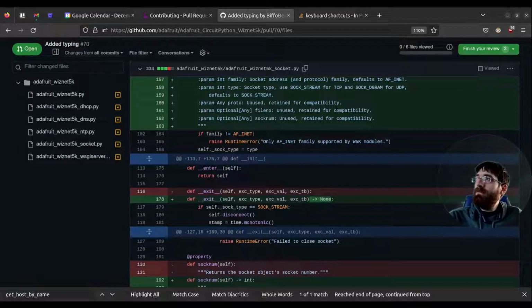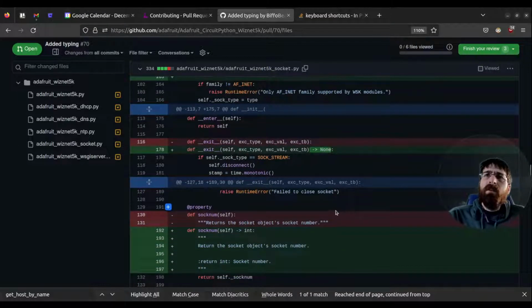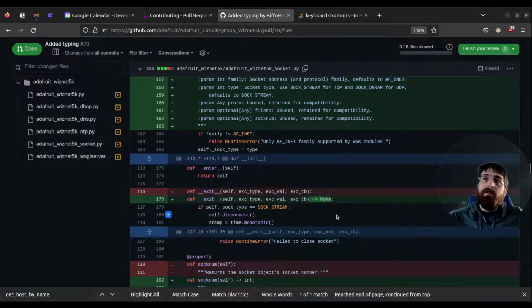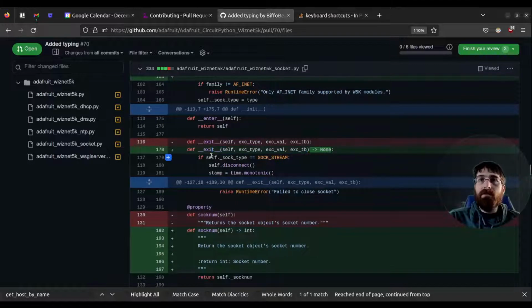This tab's weird. Okay. Let's see. It's none. These don't have any types here. Close socket. I don't know what those would be though. I guess we could